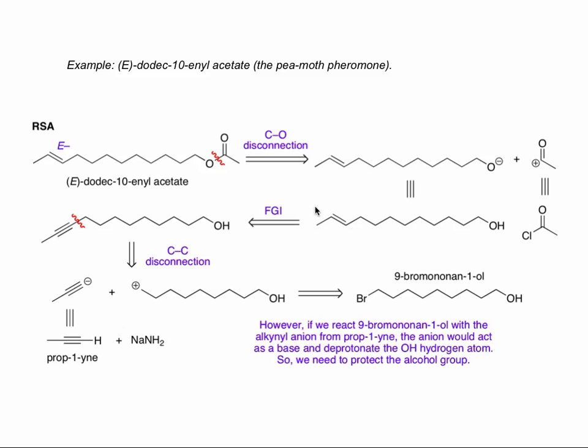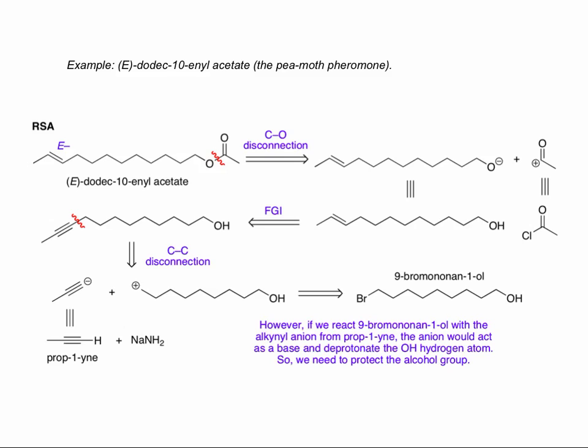We can imagine we can make the alkene from the corresponding alkyne. So we now go back to the alkyne. We disconnect the carbon-carbon bond to give this alkenyl anion and a positive charge in this molecule. Synthetic equivalent for the alkyne anion will be the corresponding terminal alkyne. The synthetic equivalent for this positively charged species will be where we have a leaving group, such as a bromine at this position here, namely